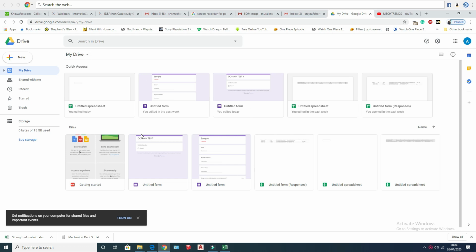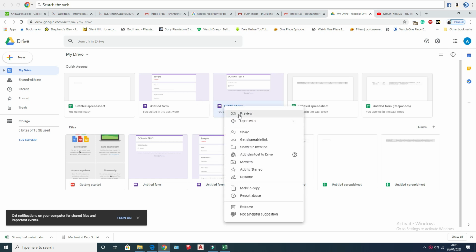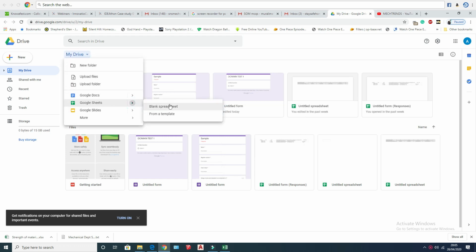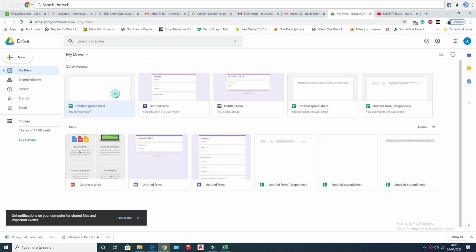Here you can see several Google Forms and Google Spreadsheets. We have to create one Google Spreadsheet, followed by a Google Form. You can create it by using My Drive, Google Sheets, and blank spreadsheet, which I have created earlier.